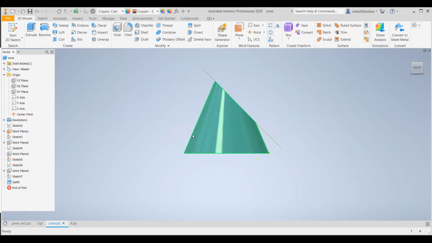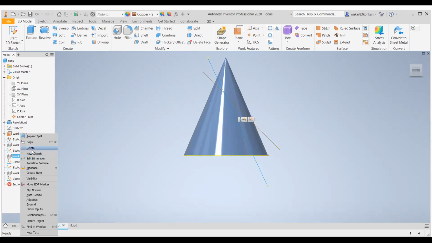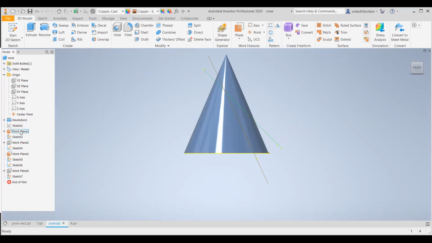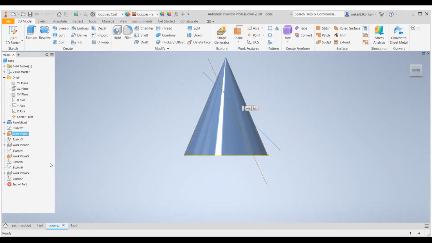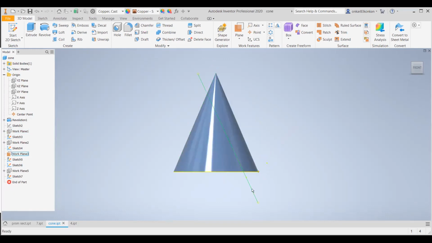Now the second shape, that is a parabola. Suppose you want to obtain the parabola from the cone, so this is the position of the section plane to obtain the parabola.